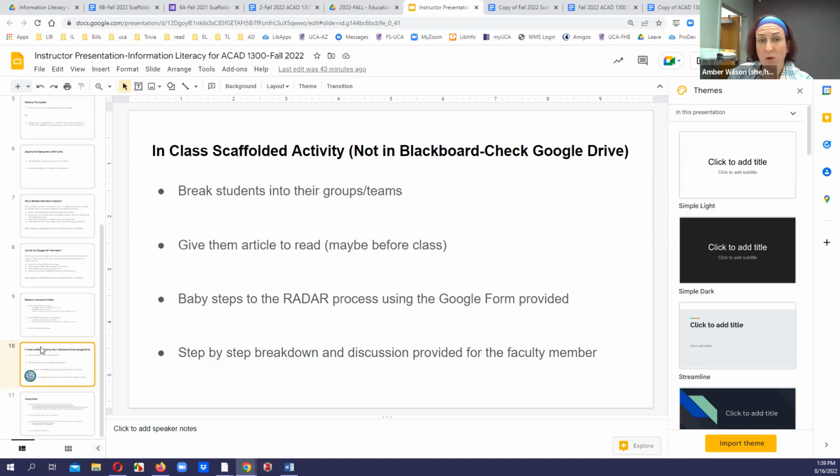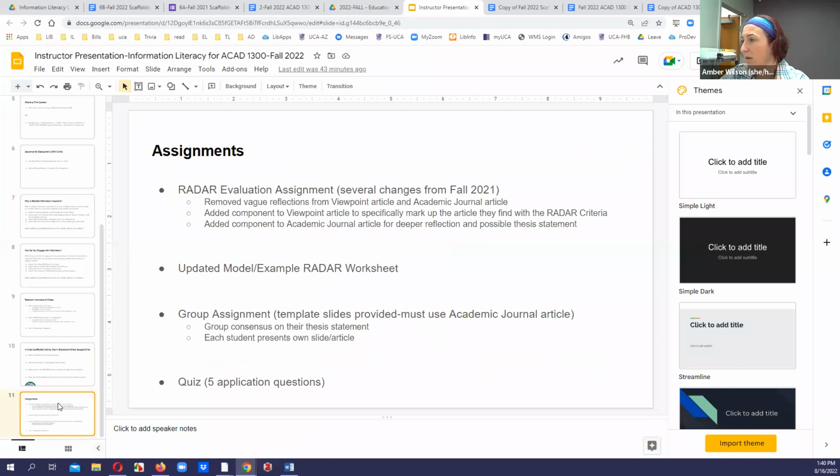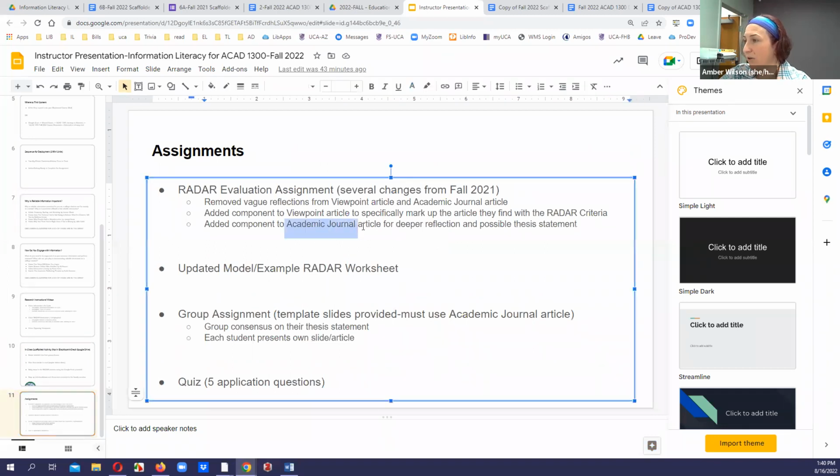What the students will then need to do as they think about that thesis statement with the academic journal article is for their group to come together and come up with a thesis that would be the umbrella for all of their articles. So an overarching thesis that would encompass all of their articles,